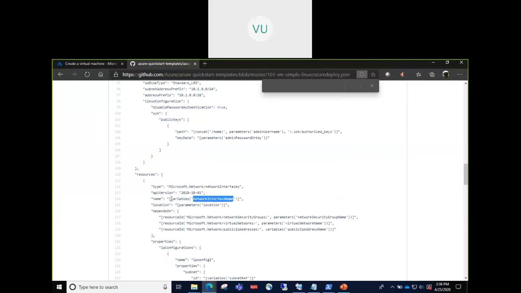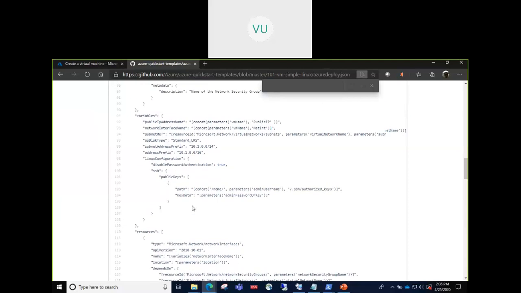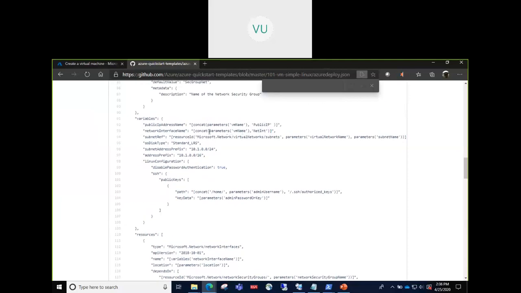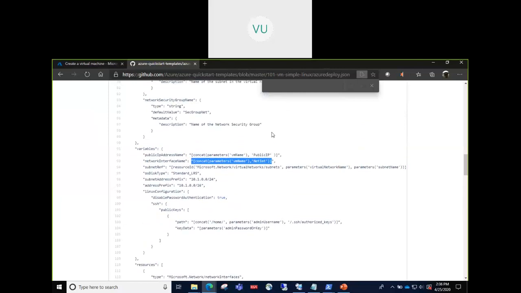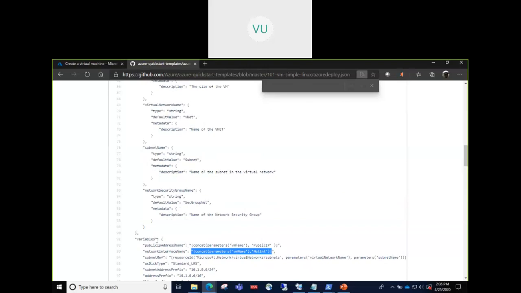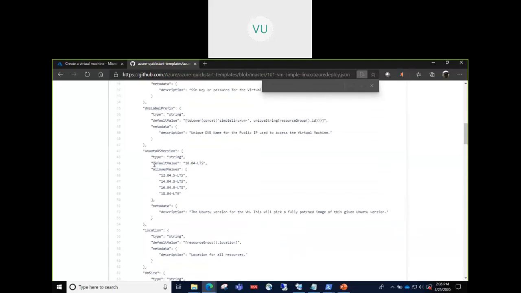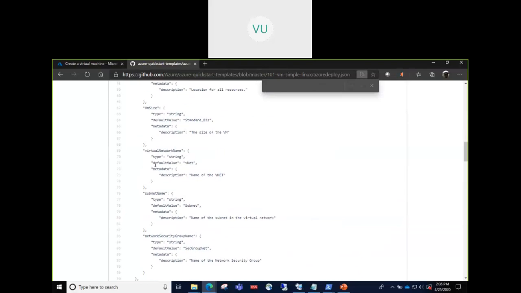So what ARM template will do is it will see, okay, this is a variable and this is the name of the variable. It will go back and refer to this variable, and at runtime, whatever the value is in there, it will replace that value here, in name. If you see how this variable has been defined, it is itself using a parameter, the VM name.